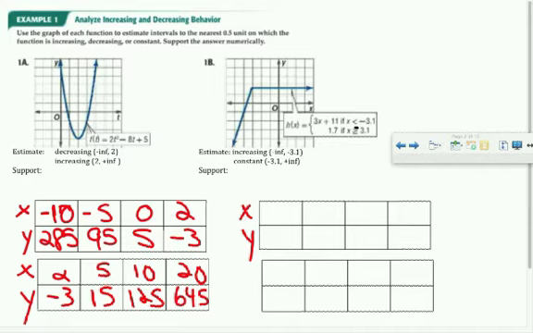So I've estimated that it's increasing from negative infinity to negative 3.1. So some values I might use approaching negative infinity, maybe negative 15, negative 10, negative 5, negative 3.1. And then I find my function values. So when I plug in negative 15, first of all I have to realize what part of the function I'm plugging into. Because negative 15 is less than negative 3.1, I'm plugging it into the first piece of my piecewise